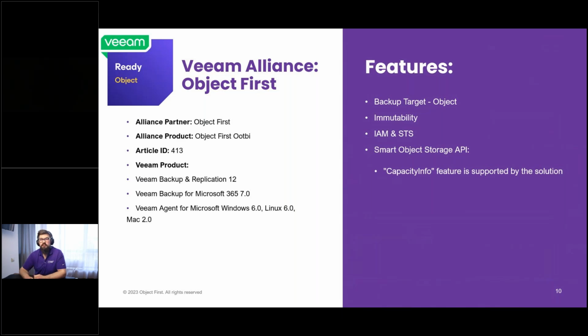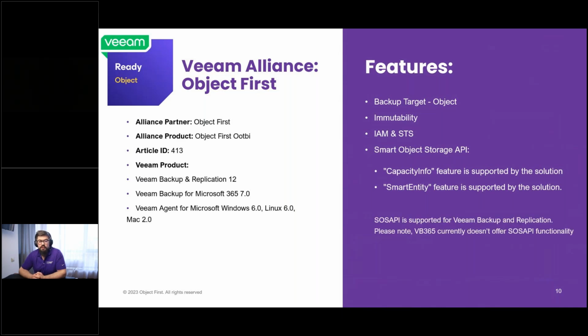However, there is another level of integration, which is the smart entity feature, which breaks Veeam Backup and Replication jobs into the chunks of virtual machines, and cache is exposed to Veeam, and that's why we don't need to have any Cassandra database in between and manage things. So we are built just for Veeam. We are not applicable for Internet of Things, for data analytics, etc. We are focused on Veeam, and we have all possible integrations now and in the future as well.